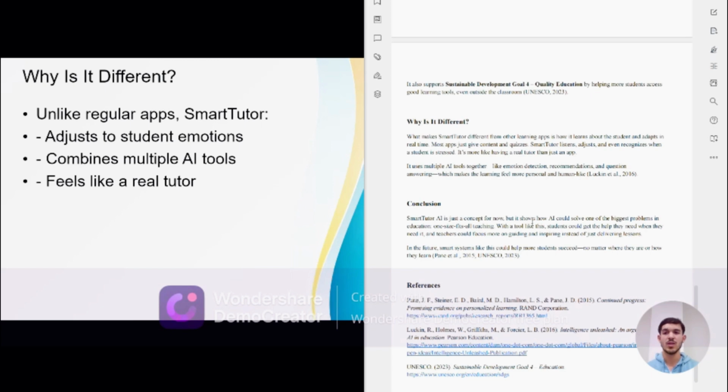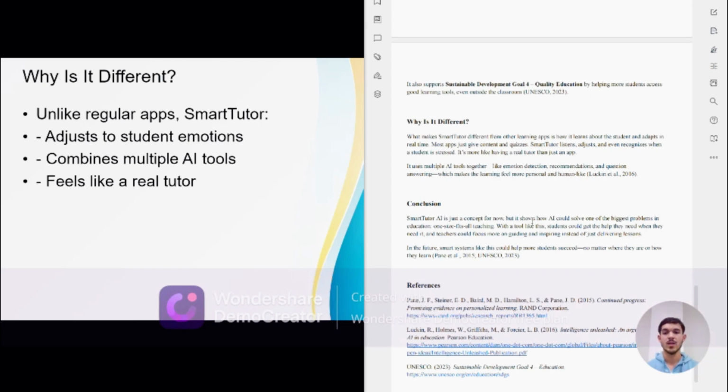It combines multiple AI tools, like we are using AIs to support the students in their education, solve their problems, and make their own way of learning. It also feels like a real tutor, and maybe no one feels that it might be an AI, but they feel that it's like a tutor.